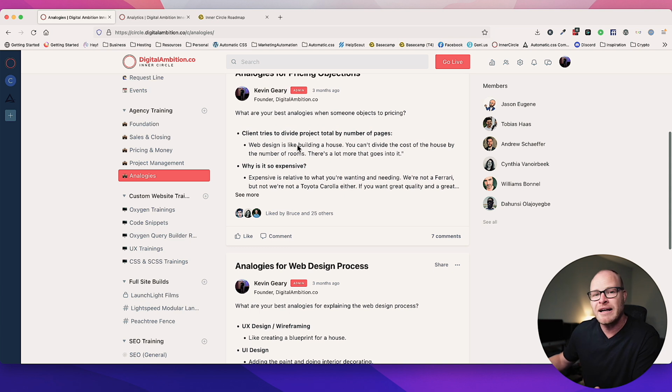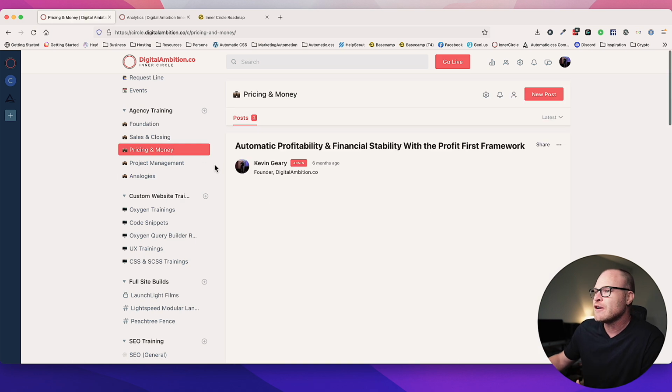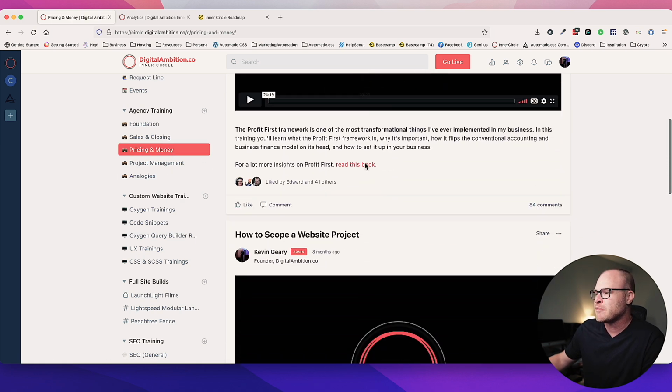And it's not just mine. People have shared their own analogies that work really well for them. Just little stuff like that that provides tremendous value. But then there's stuff that objectively, people have told me the value is almost insane, right? So if we look at something like pricing and money, and we come down here